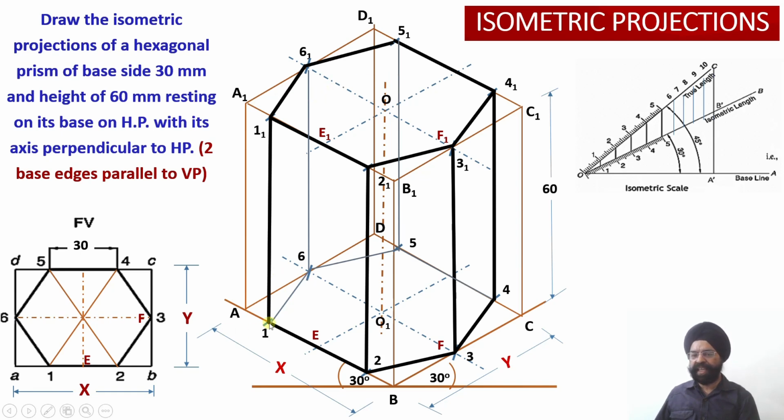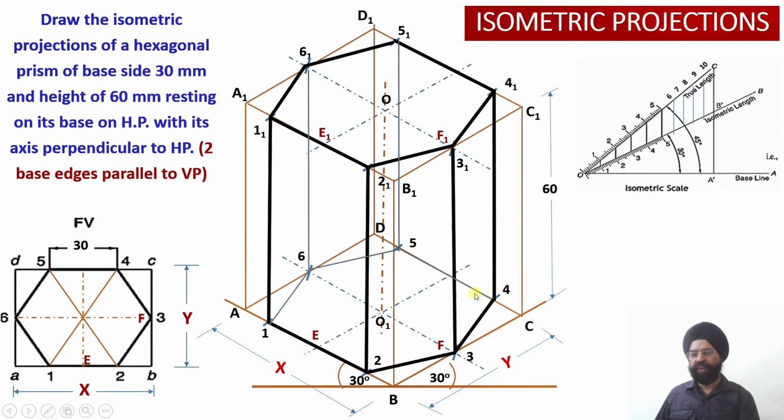Now regarding the base edges, we can see edge 1 2 is visible, that's why it's drawn dark. 2 3 is visible, that's why it has been drawn dark. 3 4 is also visible, so again drawn dark. But the base edges 4 5, 5 6 and 6 1 are lying behind this rectangular face, this rectangular face and this rectangular face. So these three rectangular faces, rectangular face 1, rectangular face 2 and rectangular face 3,